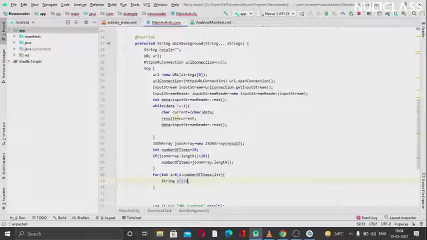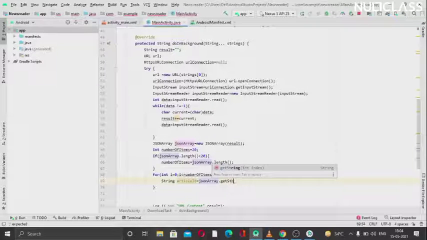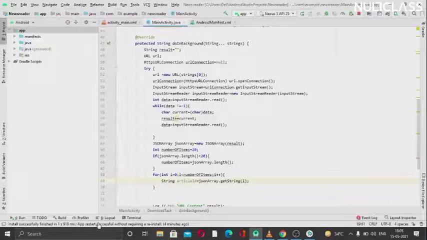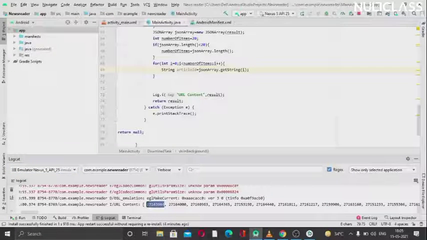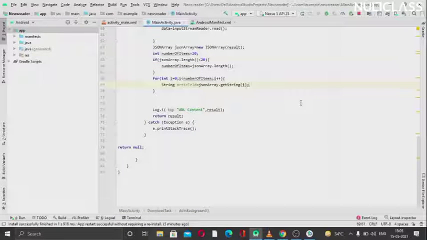I will use article ID here, and it should get the string from the array. So this will grab the first ID for i equal to 0, then for i equal to 1 it will be the next article ID, and so on. Okay, so this is done now.